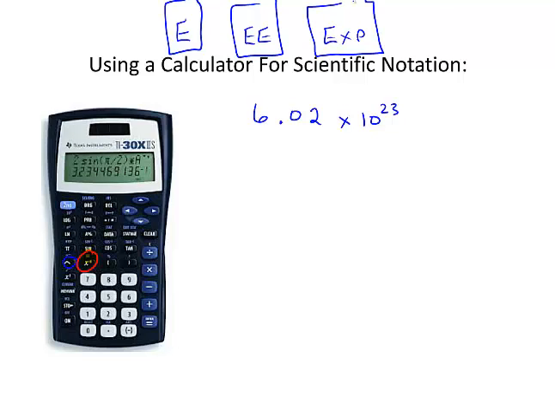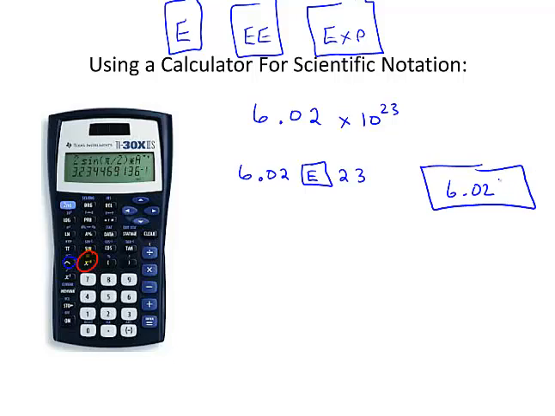And so if I want to put this into my calculator, what I'm going to do is put in 6.02, and then I'm going to press that E button, and then I'm going to put in 23. Now, when it registers in the panel, what I'm going to see in the panel is going to look like this,